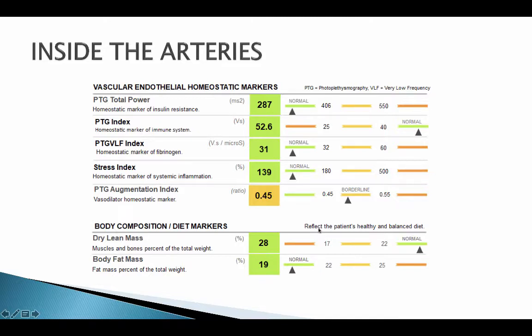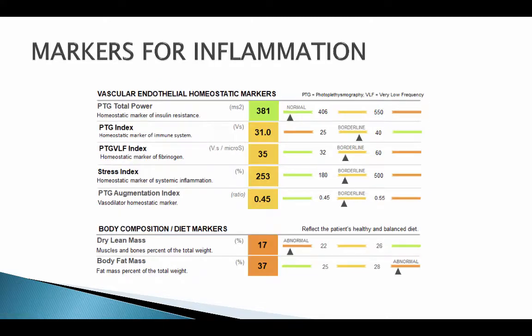The machine also calculates the body mass index of fat, and this person is at 19, which is probably above average in America. Now, if you have inflammation in your system, this person has a body mass index of 37, so it's a person that's overweight, and so they also show signs of inflammation with their test results, and they still have the normal